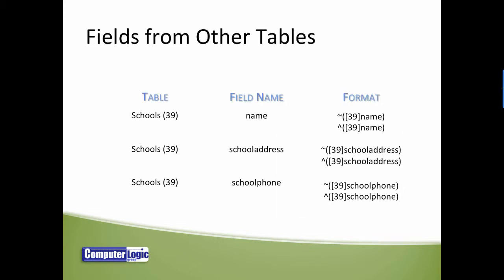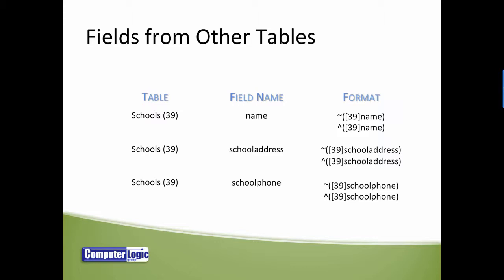There are some other tables that you can pull fields from, and the most common one that we use is the schools table, which is table number 39. To pull information from other tables, it follows the same basic format of that tilde and then parentheses. The only difference here is I have to, in square brackets, include the table name or the table number. In this case, in the examples I've shown you, 39 as the table number, and then name will pull the